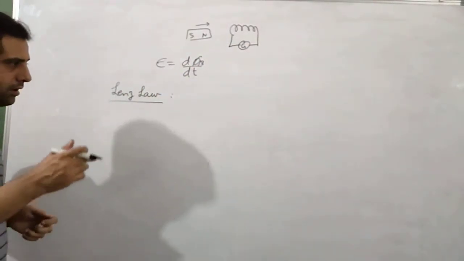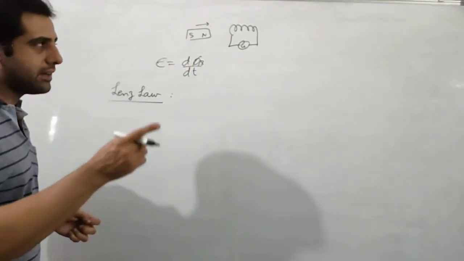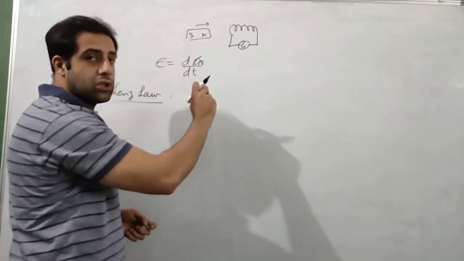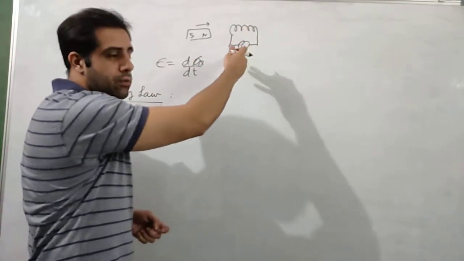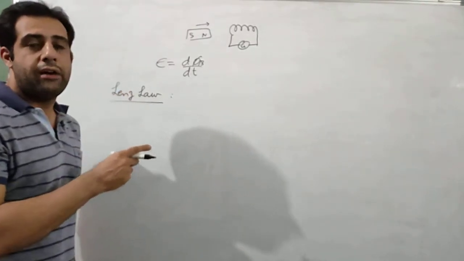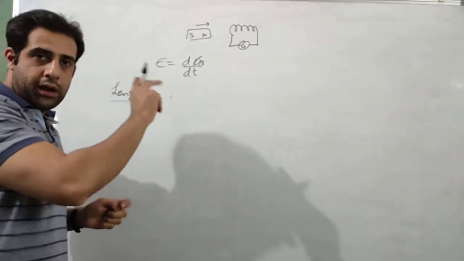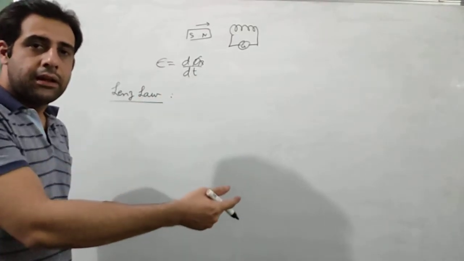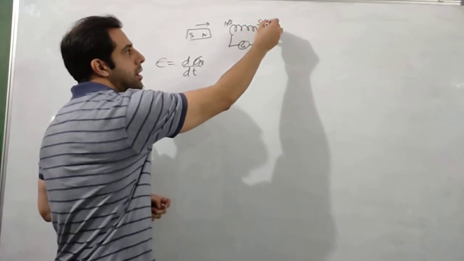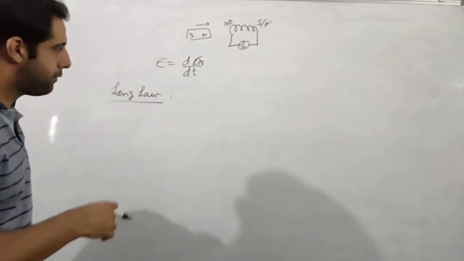How is it happening? We know that one magnet is affected by another magnet. We already studied solenoids in the last chapter. A solenoid has its own magnetic field. So this is a solenoid. If a current is going through this coil, it will behave like a solenoid. That means it will have its own magnetic field, so it should have a north and south pole. Now Lenz's law defines the direction in which current is induced and hence which pole is generated in which direction. Which pole will be here, north or south, or which pole will be here, south or north. So let us first understand Lenz's law and then we will see how it affects the direction.